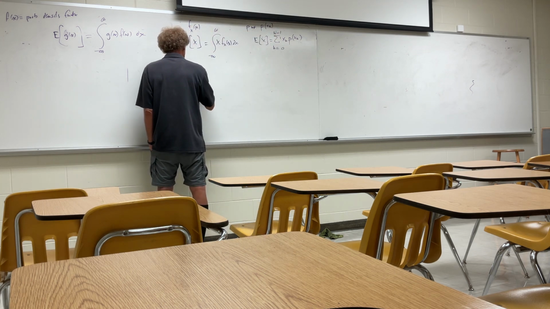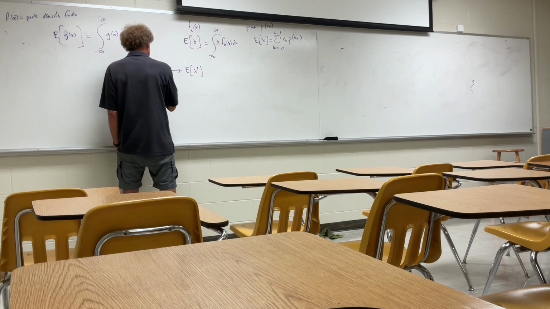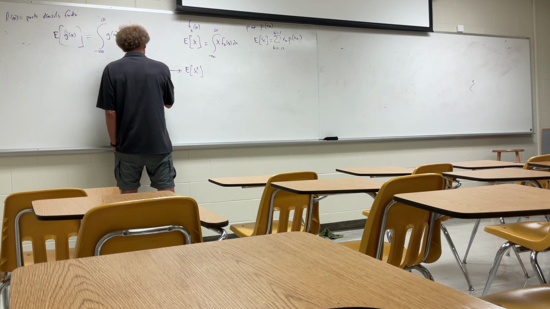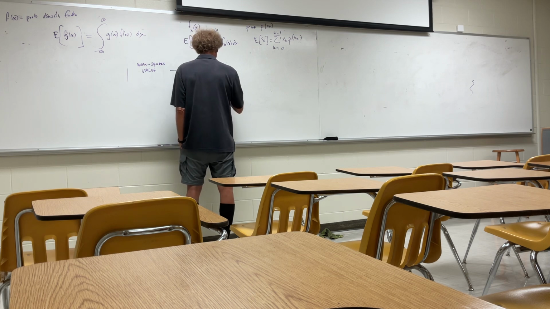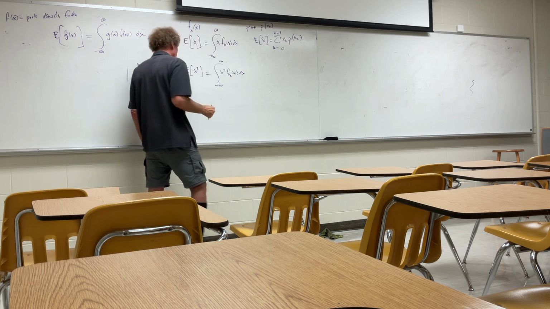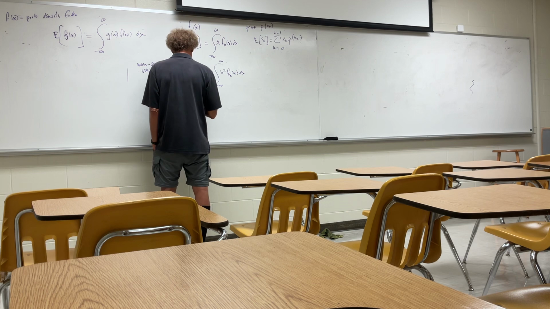The next is the expected value of x squared. And in the book I didn't see it stated explicitly, but this is called the mean square value of the function x. And that is simply the integral of x squared times f of x dx over the limits. Then you're going to get the expected value of, these are the biggies,